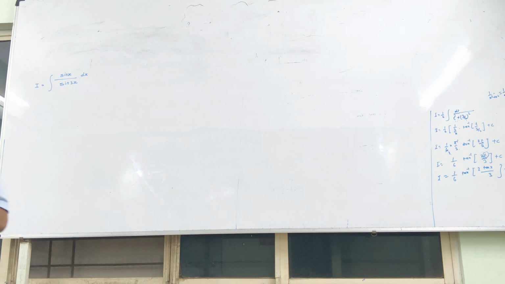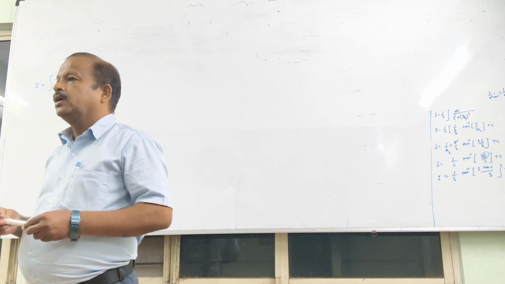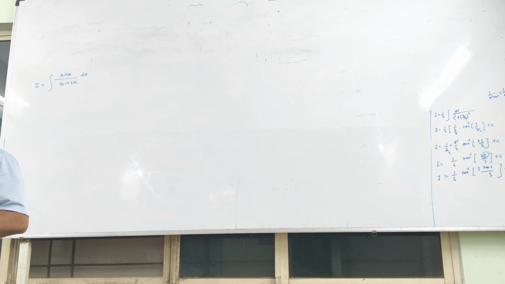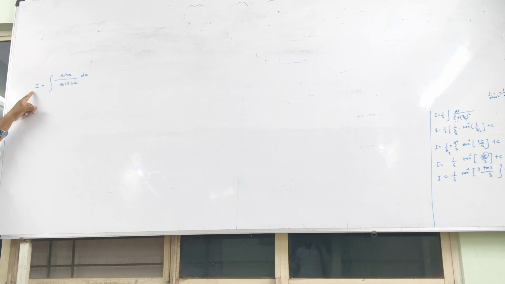Good evening, students. Today we are going to learn about the integration of the type 1 upon a plus b sin square x into dx. Here a and b are constants and sin square is the trigonometric ratio. To solve such types of questions, we will consider, for example,